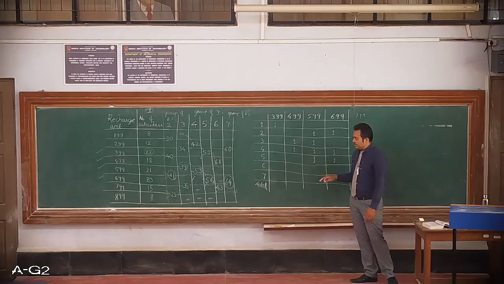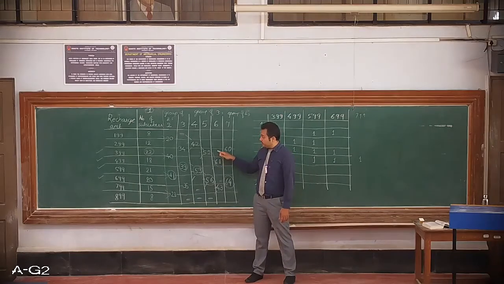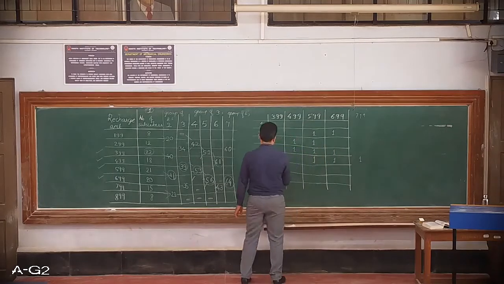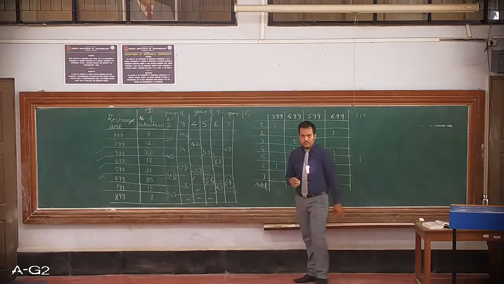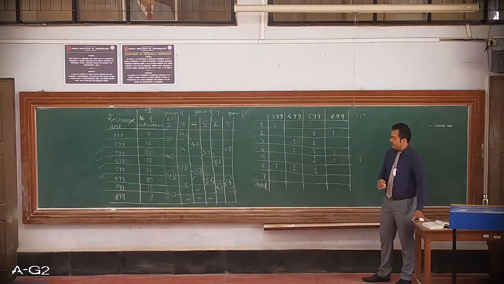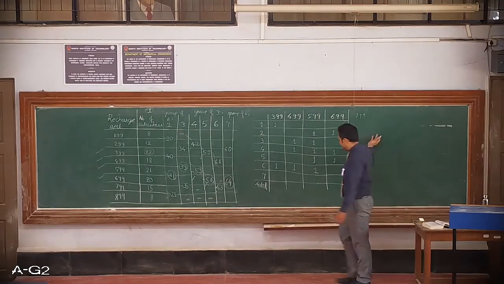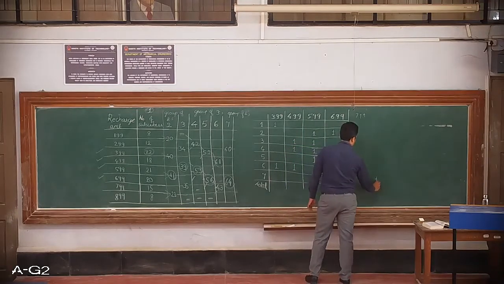Then for column 6, 61 is your maximum, and that is the sum of the frequencies of 399, 499 and 599. So 3, 4, 5. So I have to mark 399, 499 and 599. Okay. And then the last column, column 7, 64 is maximum, which is the sum of frequencies of the last 4 frequencies starting from 5, 6, 7, 8.